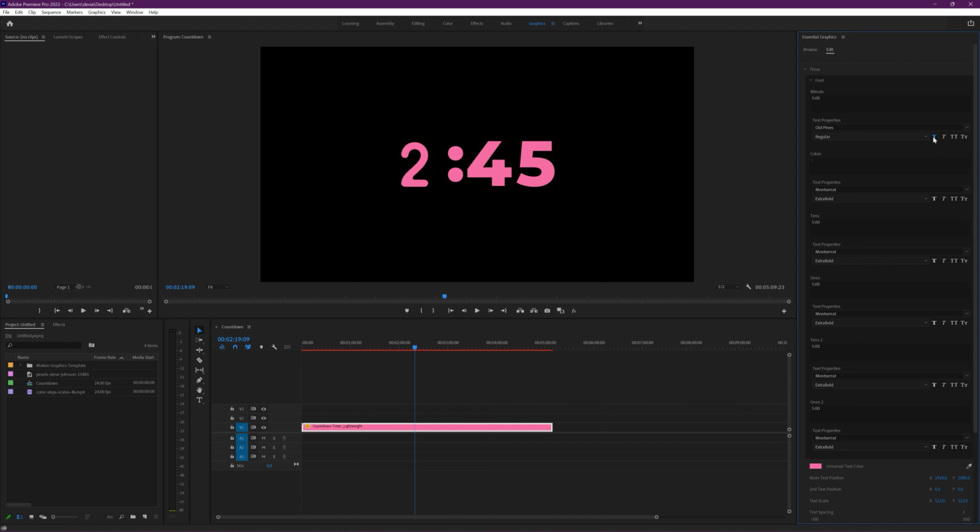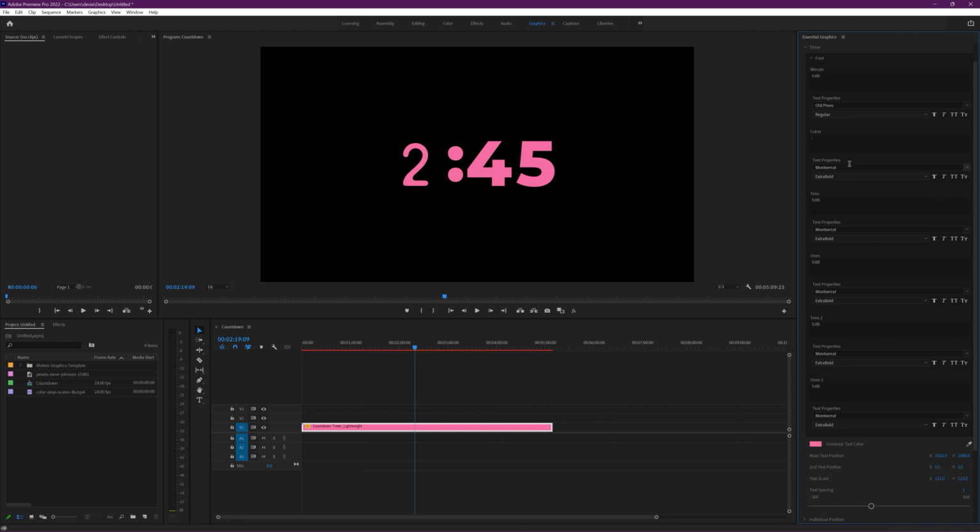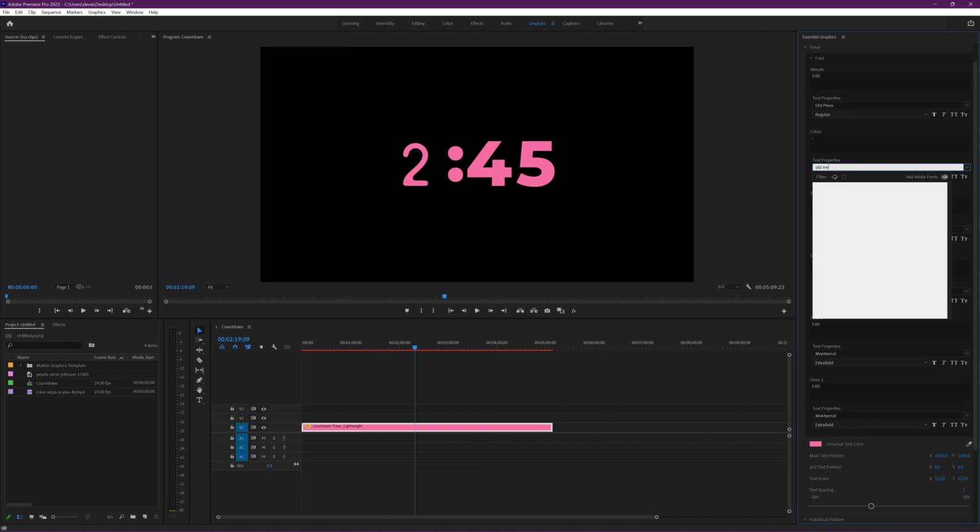There's also a faux bold and a faux italics that you can use. There's also the ability to add all caps or small caps. For most numbers that's not going to work, but if the ability is there within the font set for those, that will work. And so I'm just going to go through and change all the fonts for each of these,